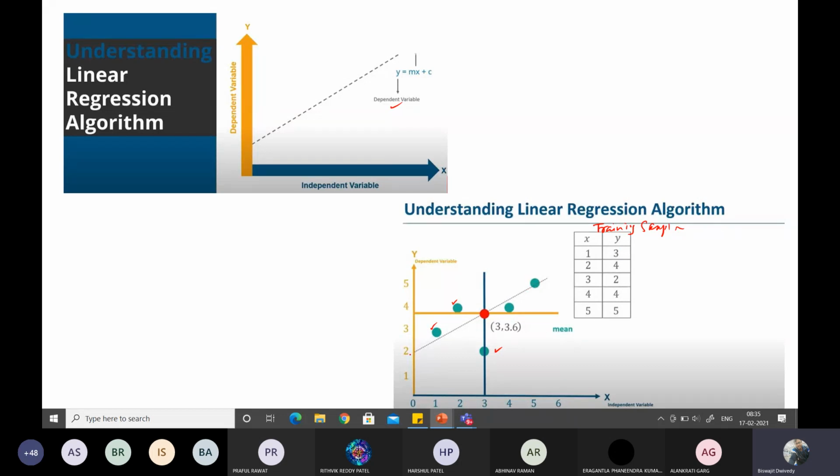Now we'll try to find a line which will pass through all these points, meaning our objective is to draw the line which passes through all the points. But as you can see, these points are placed randomly, so no line can pass through all the points. Then how to draw a line? We'll follow this algorithm by which we can draw a line which will give us minimum error. The first process is to find the mean of these values.